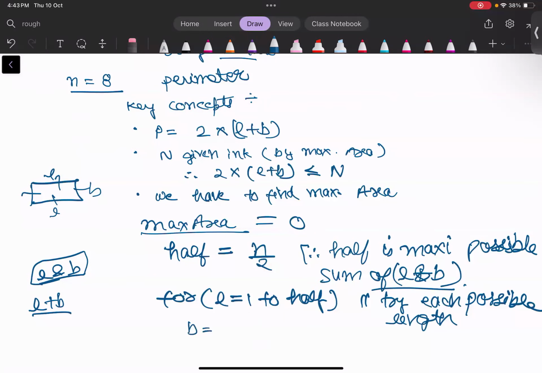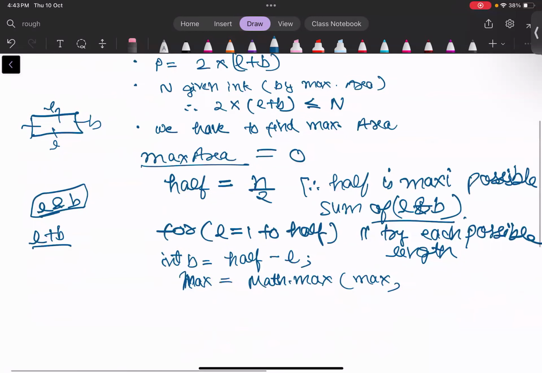B is the breadth, which we can find as half minus L. Now we take max area equal to Math.max of max area and L into B. In this way, we can easily find the maximum area of the rectangle. We try this, and finally we can print